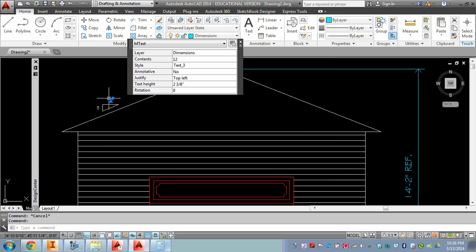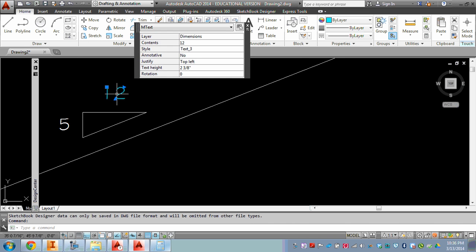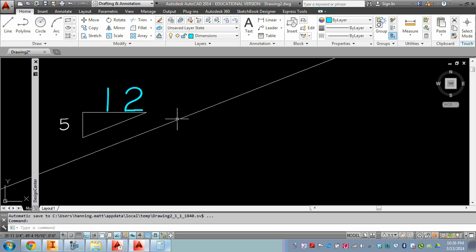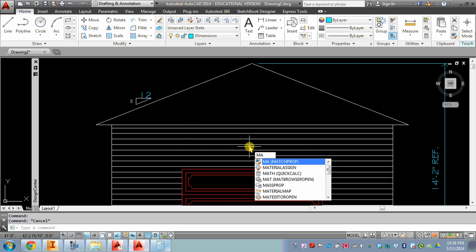So let's come over here, and if we double click on this text here, this template's already been set up. We can actually select. We'll do a Control A, select all that information. Let's go up to 1/4. It'll make it the size we want it to be, so it's consistent. So if we do a match properties again,